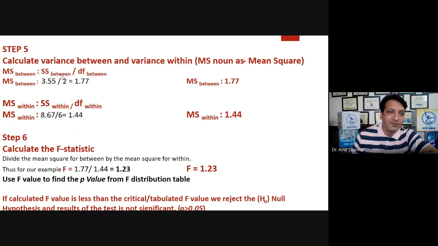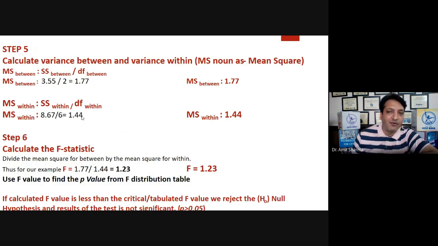In the same way, instead of between, we have to take the within. So whenever you are calculating between, you have to take the value of SS between, and whenever you are calculating mean squared within, you have to take the value of sum of squared within and degree of freedom within. So already we have calculated these values, 8.67 and the 6. So I will divide 8.67 by 6.